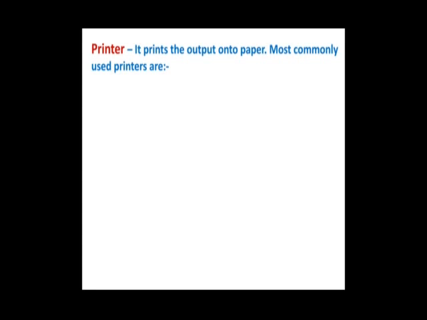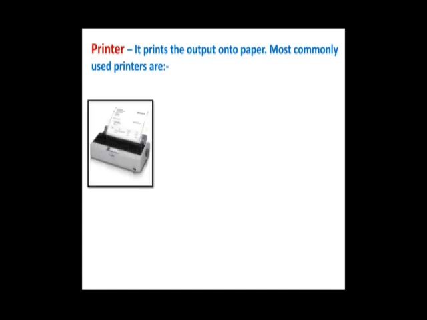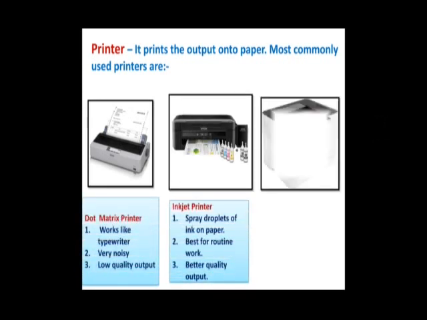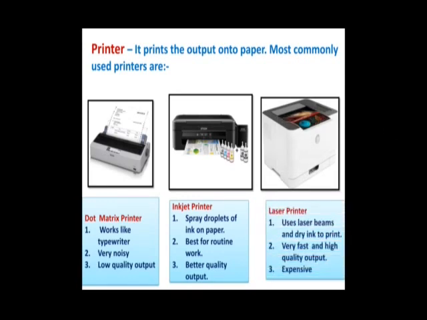Then now comes the printer where we are getting the output, that is a hard copy because it prints the output onto the paper, and definitely you can touch a paper, that's why it's a hard output, hard copy. So the most commonly used printers are, first is dot matrix, second is inkjet, and third is laser printer. Right, these three are given in your book. So dot matrix are a little outdated nowadays, but few people are still using it because the cost is also very less.